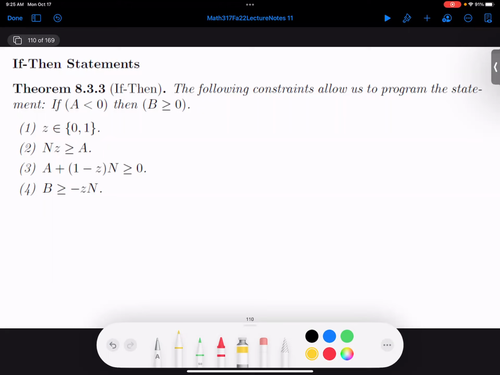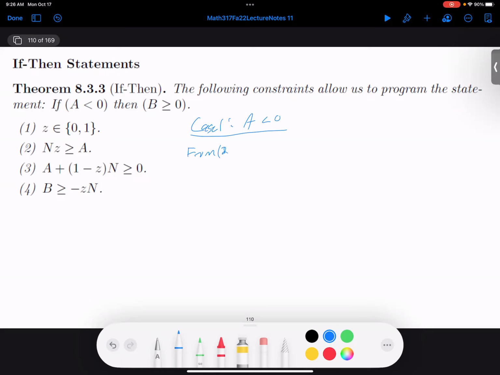One of the nice things about having slides is I don't have to remember all these conditions. I can just project them on the board. And now that I have it on the board, I can just go through and see why they work. So we have 2 cases. So we remember for an if. So let's do case 1. Let's say a is less than 0. Let's see what happens.